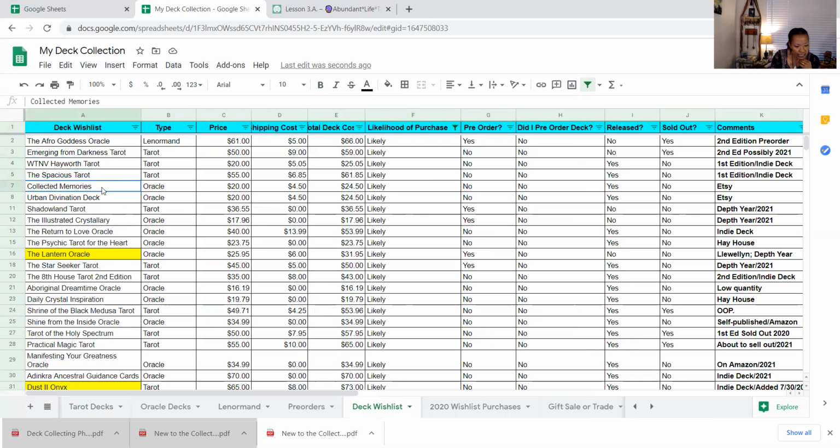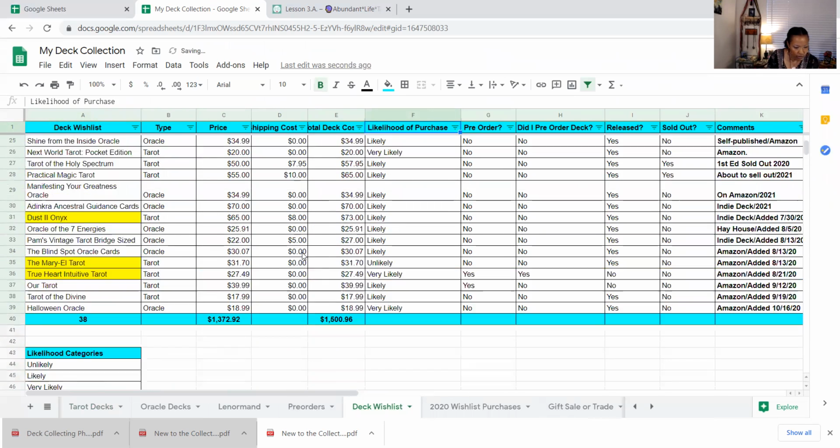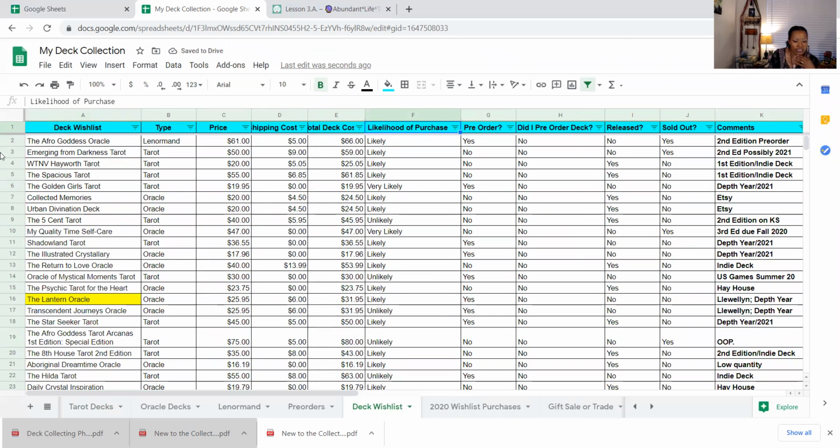I'm starting to see that I really like modern decks, colorful ones, fully illustrated, they're tarot. I know this because I've been studying these decks, and I've been looking at YouTube and so on. Let me drop all of them back in. So I'm starting to see a pattern of my tastes emerging from this wish list. And I invite you to start to see the patterns emerging in your own wish list. It's just something to acknowledge.